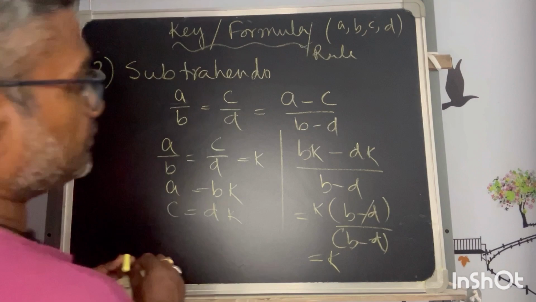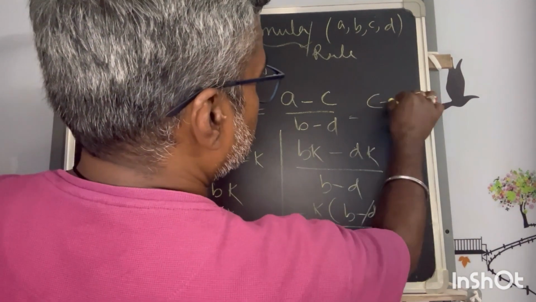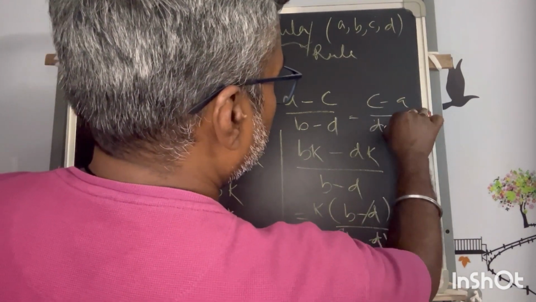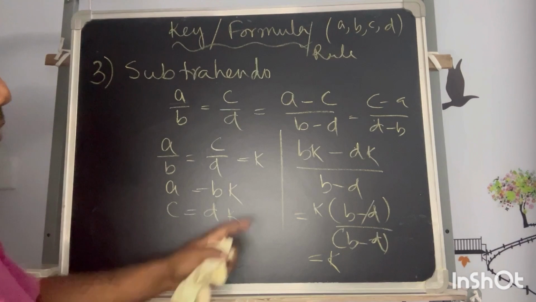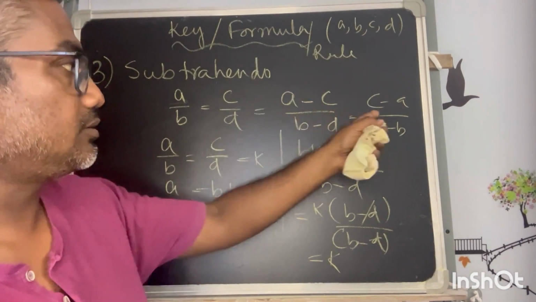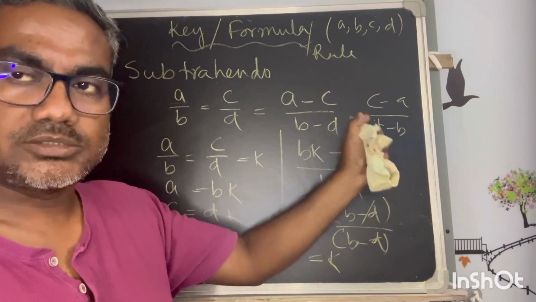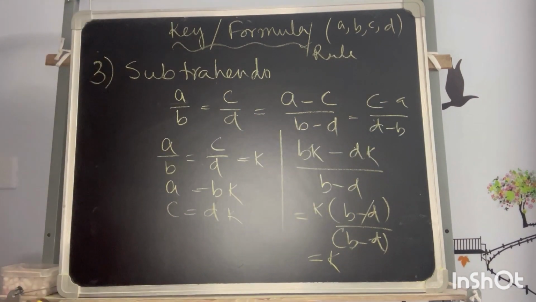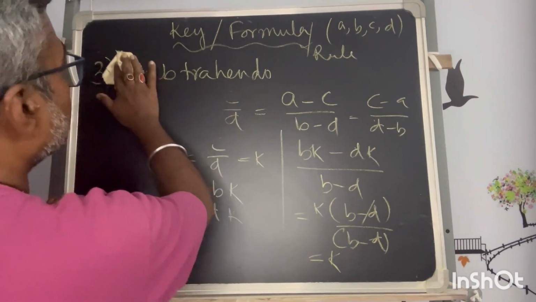This can also be reversed. This is also true, c minus a by d minus b. I need not say more, because if I take minus common from both the sides, minus minus will be cancelled out, and if you reverse it, this will also be correct. Okay. So the next one